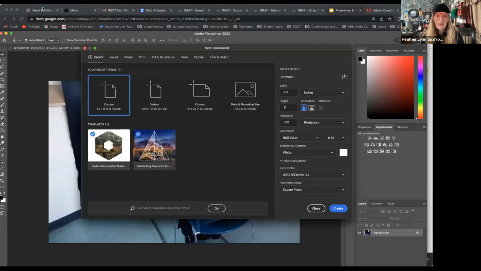When you click on the New tab, it gives you a preference window. We love choices. So what's really cool about Adobe Suite is that they have a tremendous amount of templates that you can use for free. So you can see here that I just selected a couple of random templates just to see. They have brochures, they have logo templates, they have reports. I mean, it is endless, the amount of templates. So that's the other advantage of having Photoshop, is that you have the opportunity to use their pre-made templates. And so if you're trying to make a business logo, get your branding together,